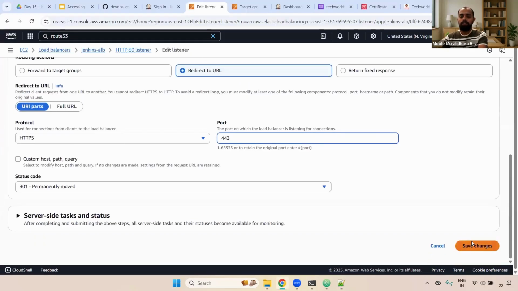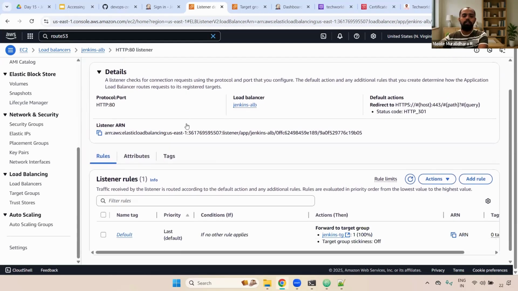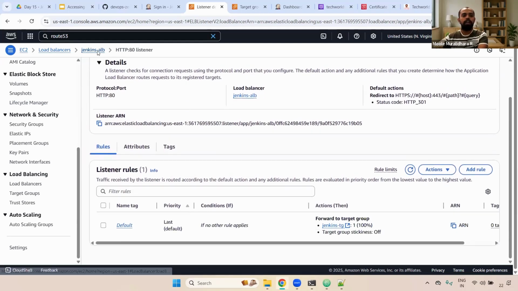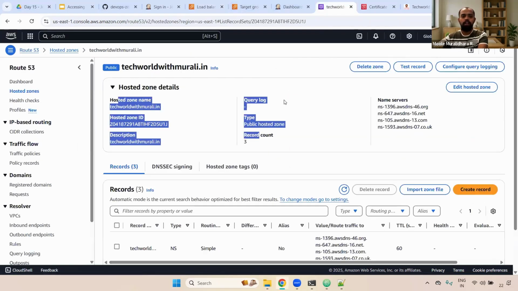Now you can come down, save changes. Okay, super. Now we have done these particular changes as well. Well and good. For both HTTPS, we have added the listeners as well. Now what you have to do, copy this particular DNS name, go to the Route 53 and go to this